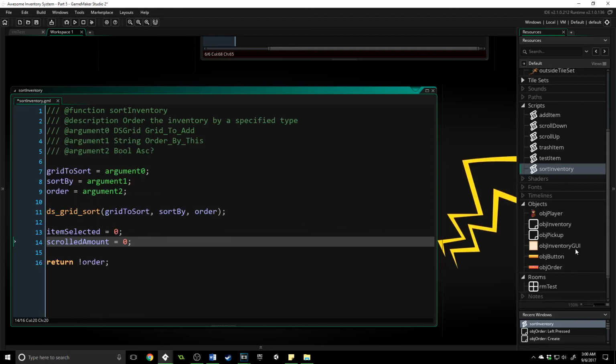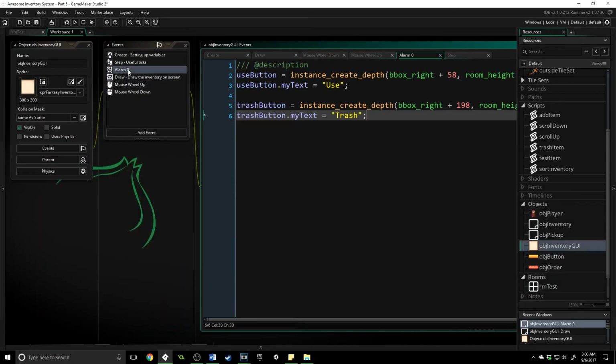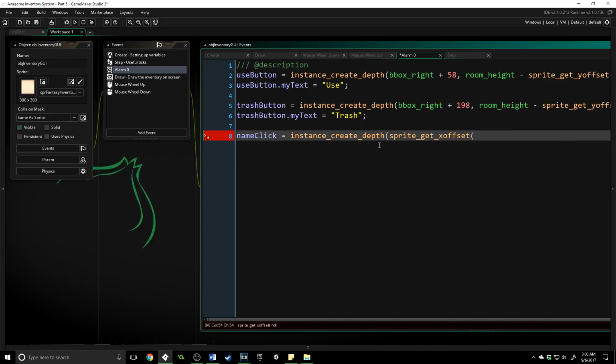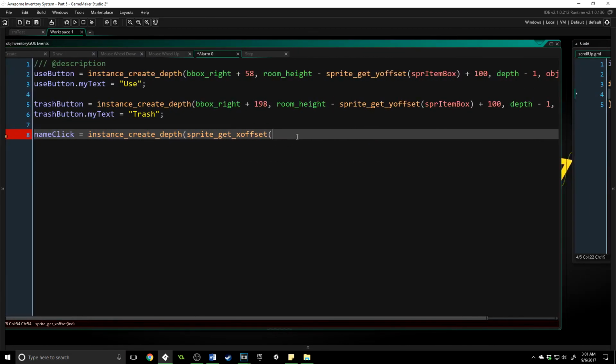And now all we have to do is go into the GUI, go into the alarm event, because that's where we want to create them, because we want to do it based off of the sprite information. And we are going to say, down here, name click equals instance create depth. Again, difference between GameMaker Studio 1 and 2. Hopefully you've picked that up by now. Sprite get x offset. Let me bring this over. Of sprite index